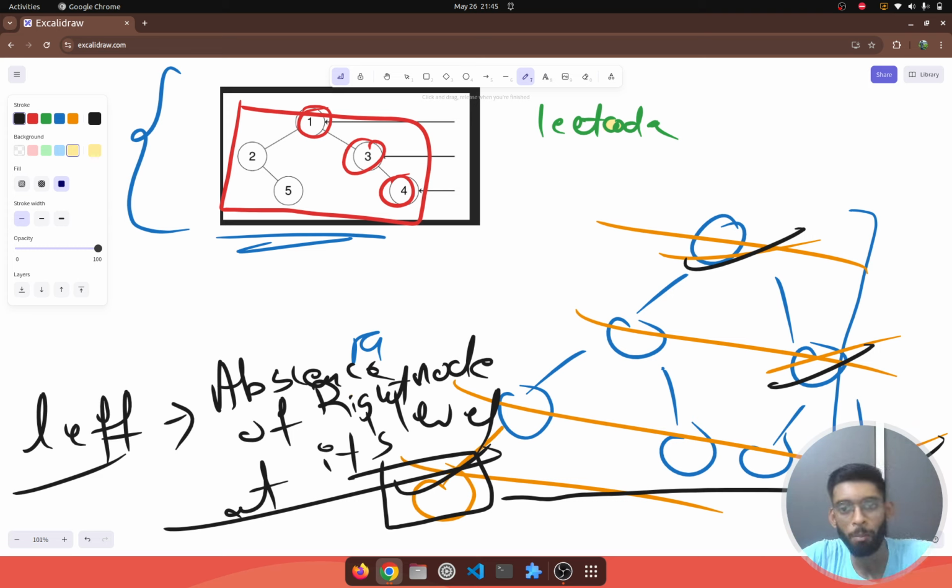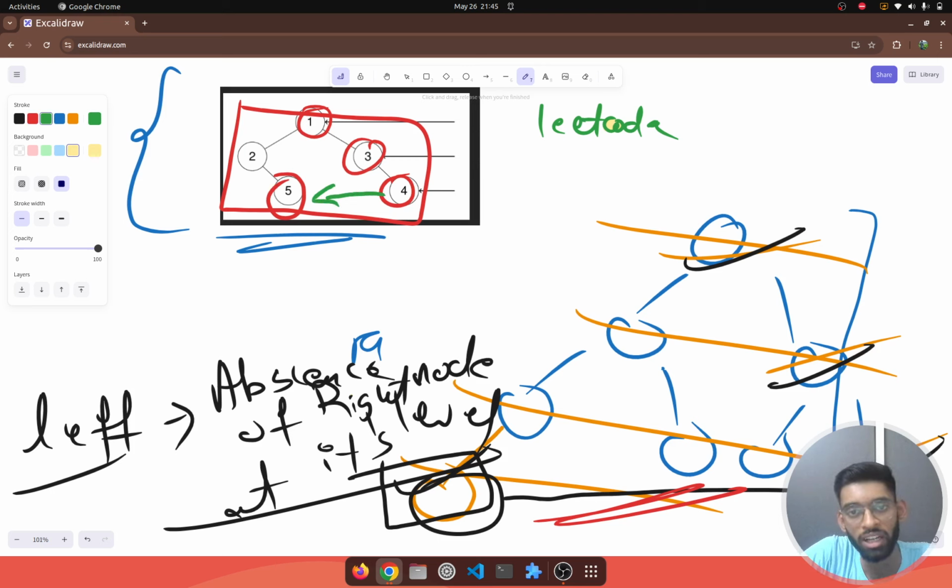Very simple. If someone is present here, then this particular node is present in the tree, but this node will be overshadowed or overridden by the presence of this particular node present on the right hand side of the same level. So what I am trying to say, see here, node 5 is present, but it is not coming into the answer because it is overshadowed or overridden by the presence of the right node at its corresponding level. Similarly is the case here as well. 2 is present, but 2's presence is overtaken, or you can say it is shadowed by the presence of